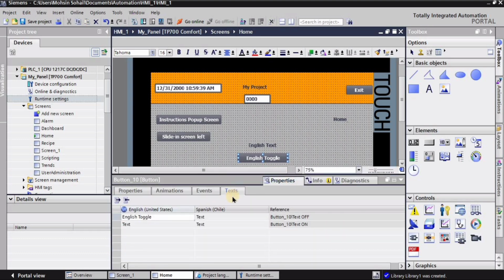and again I will go into the text. So I'm going to write here English toggle in the English column, and in the Spanish language column I'm going to write here Spanish toggle, right? And here as well, Spanish toggle. Okay,